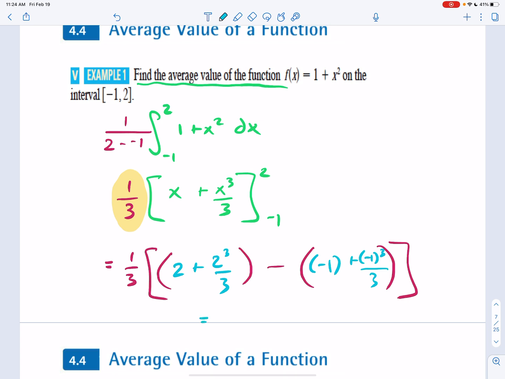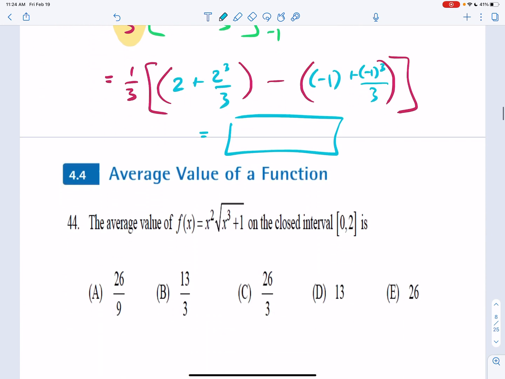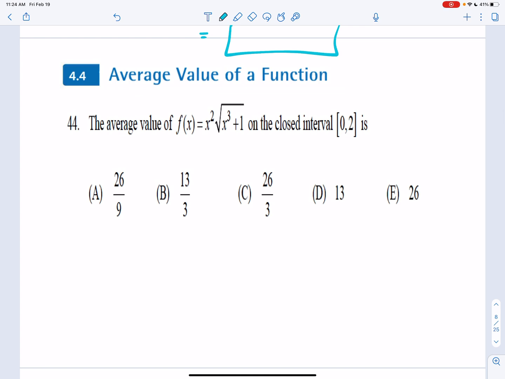Okay? And the rest I'll let you figure out. It's just computations there. Okay? But that 1/3 is what makes it an average value. Okay? Keep that in mind. And that's it. Okay? Here's a